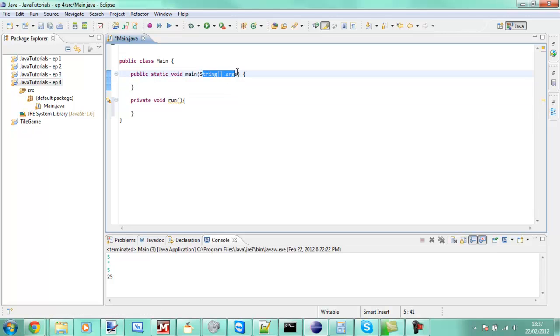Like this, main takes an array of strings as an argument, because that's just like the command line arguments if you're running a jar from like a batch file or whatever. With some jars you can specify if you want it full screen and stuff from the command line. That's all that is. Okay, so now we're going to do new Main